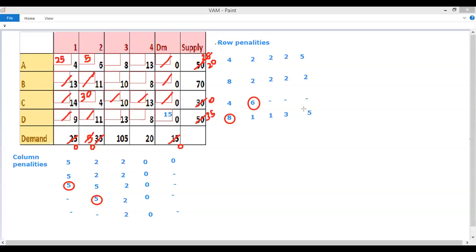So let us choose this particular row. Here in this particular cell, we have to allocate resources. This cell has a demand of 20 and a supply of 35. So the minimum is 20. So allocate 20 units of resources here. Now this value will become 0, and once this has become 0, there is nothing remaining to allocate to these cells. And now 35 minus 20 will be 15. Now the remaining supply will be 15.